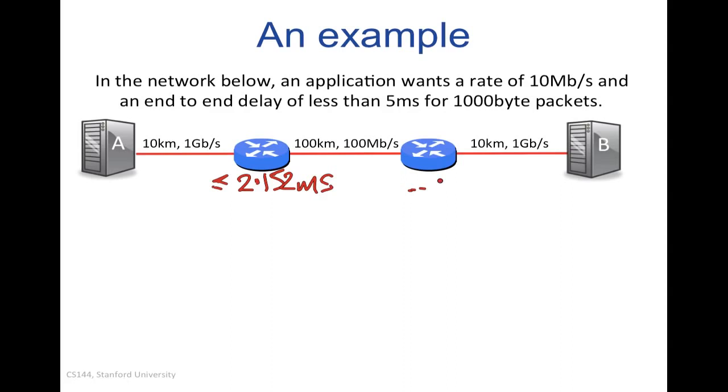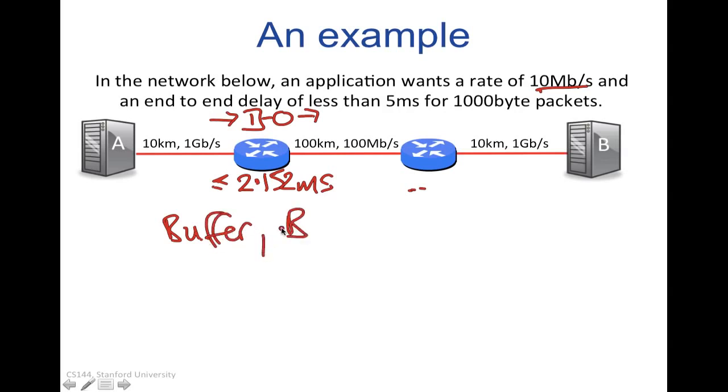Now, I know what the rate is of the flow. It's 10 megabits per second. So I know the rate at which the queue is going to be serviced. That's going to be 10 megabits per second. Now I'm trying to figure out how big B should be. How big should the buffer be? So B, the size of the buffer in each one, needs to be large enough that I never drop anything. And so it's got to be greater than 10 megabits per second, because that's the rate at which it's going to be served, times the duration of a bit through it. Well, we already know that's